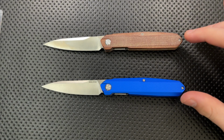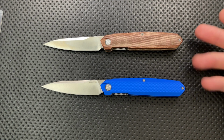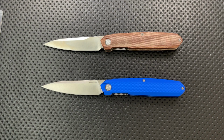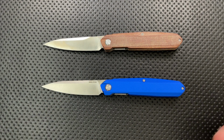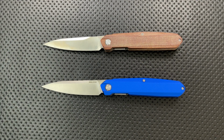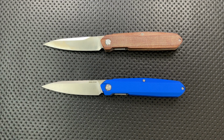I had the Indiana one a long time ago. I did the disassembly, talked about it, and gave some impressions. The problem is, once these sold out, the Metamorph Compact just wasn't around anywhere for a while. They've finally come out now. You can get this version from Lamnia as well as other versions from other makers, and Indiana Knives has some of the gray versions. As a result, it didn't make sense to do the review for a while. Now I finally got it, and thank you to both of these stores for allowing me to